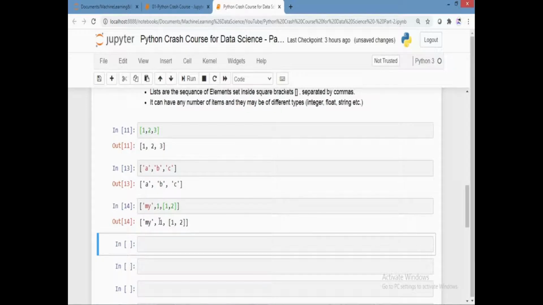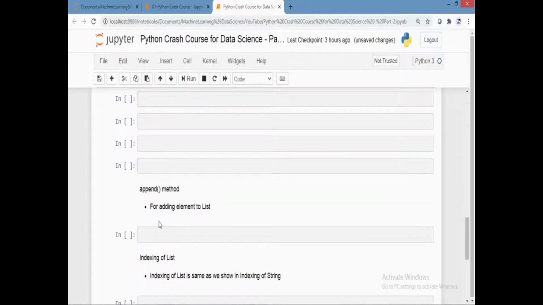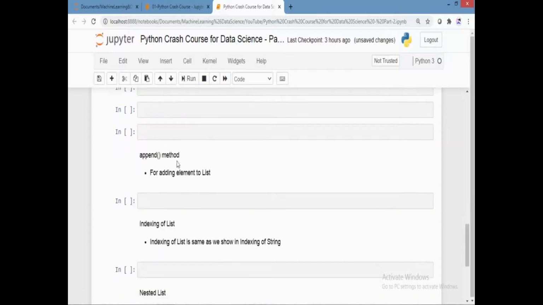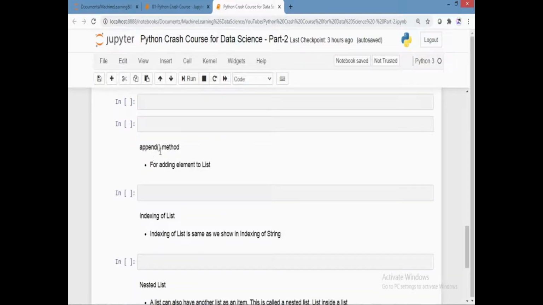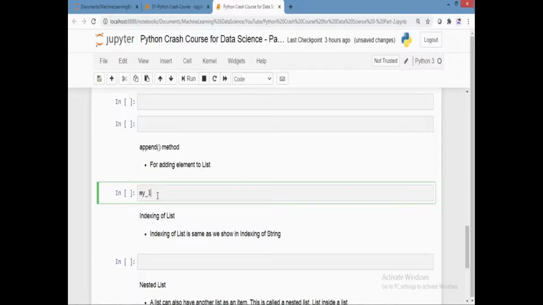Now I am going to show you how we can add an element in a list. We do that by using the append method. Dot append is used for adding an element to the list. So let's create a variable for the list first. My list, suppose a, comma, c.